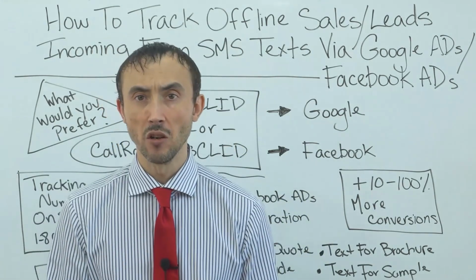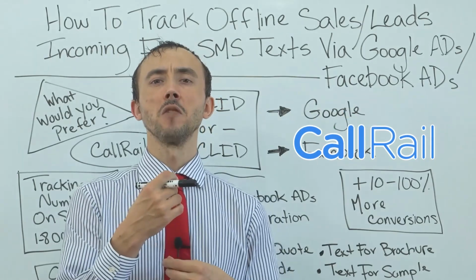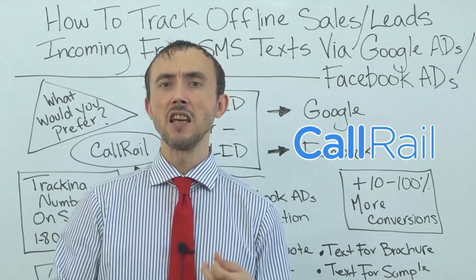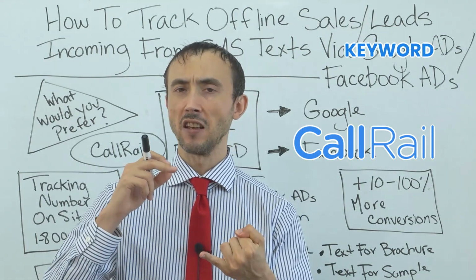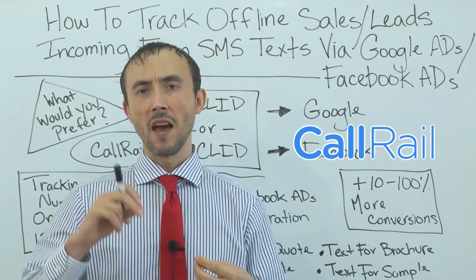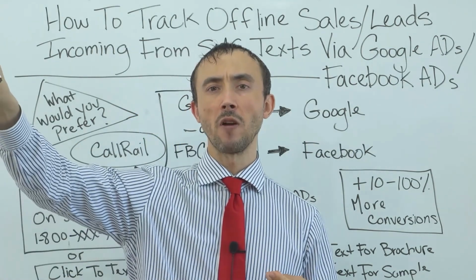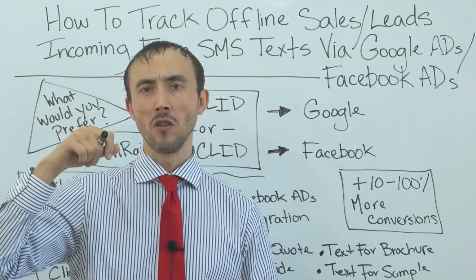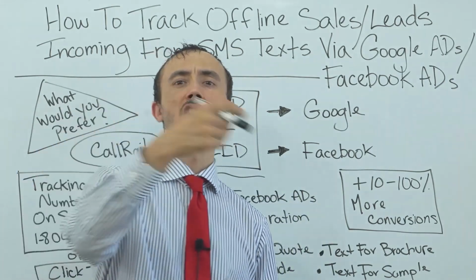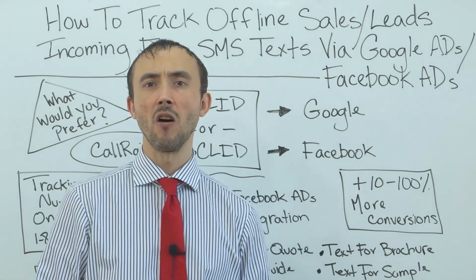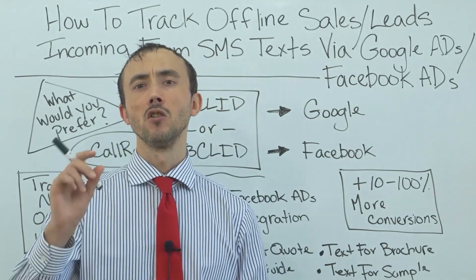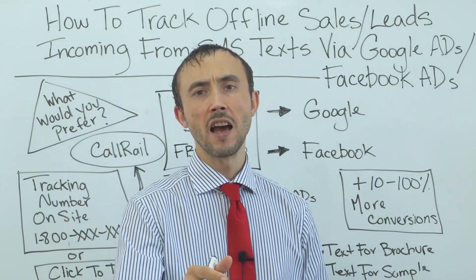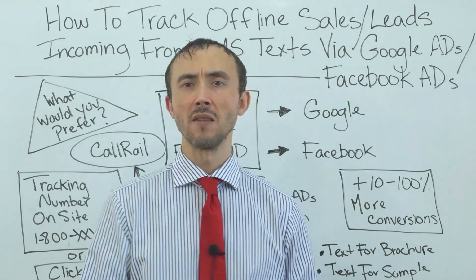If they text you, it's the same thing. There's going to be the Google Click ID and metadata about where that user came from, specifically what keyword they typed in and so forth. And that'll all be sent to CallRail. And that SMS, you can actually see inside your CallRail account. If you look at that SMS's details, you can see the Google Click ID that's tied to that SMS